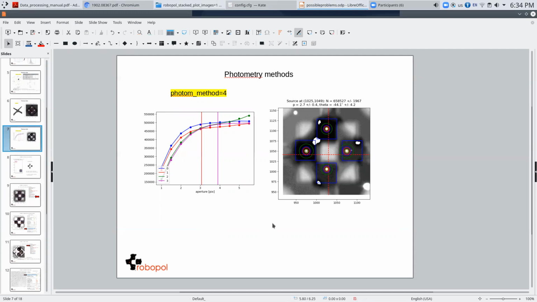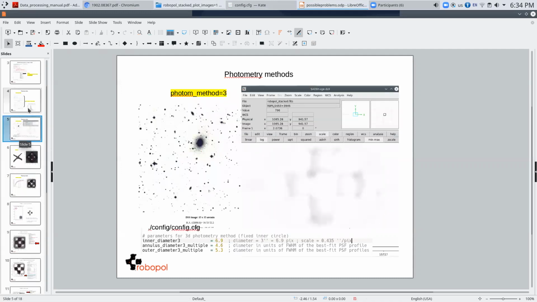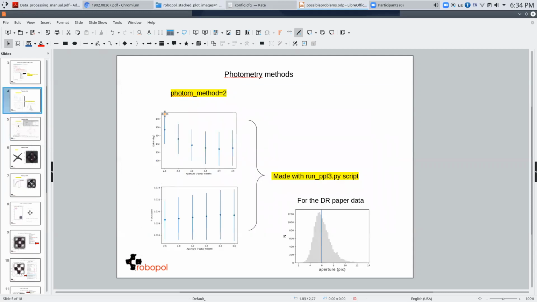Anyways, I think this is all I wanted to say here. So you choose depending on your project, what you're doing. If you have very bright stars that are filling a significant part of a mask square, we would probably recommend method 4. If you have faint sources like our blazars, I would probably personally recommend method 2, because statistically, I feel that